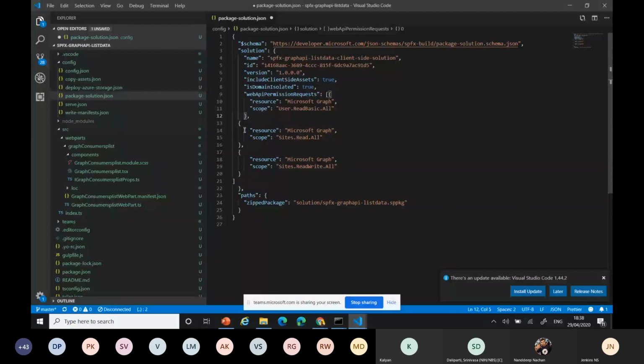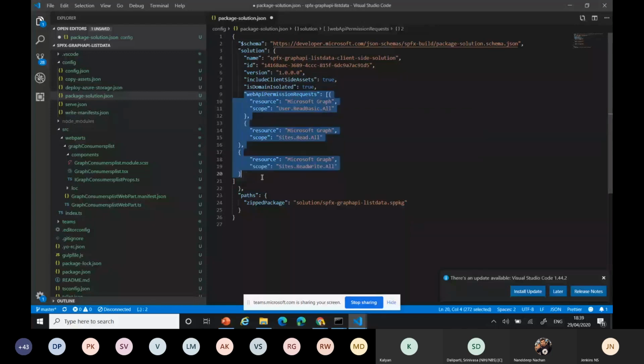Whenever I want multiple permissions, multiple scopes for the particular Graph API, I can add them like this. Everything is in a JSON style with an array concept. If you add a comma like that, it will throw an error while you are approving the permission. Always remember that. Whenever you're adding multiple scopes, any number of scopes, there's no issue. Once you approve, it's accessible from your web part. Always remember that.